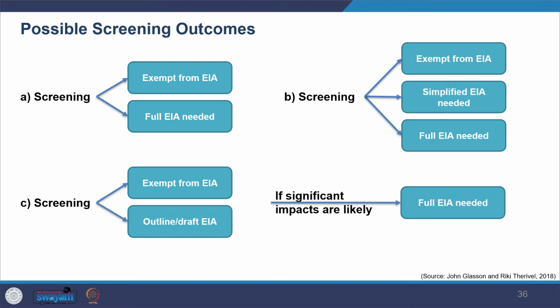These may relate, for example, to project scale, like a certain square meter size, to anticipated impact in whatever quantities you take, and to where the project is located. So based on the scale of the project, nature of the impact, and location, certain threshold values are given.